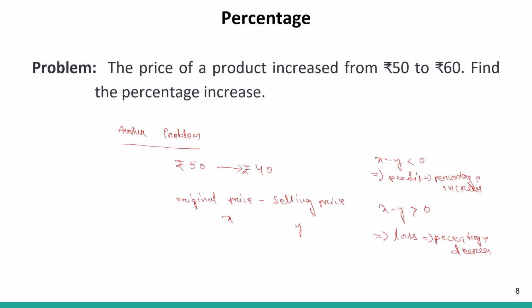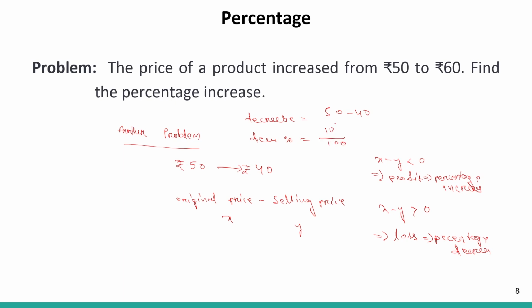You had a product that was originally priced at 50 and now it is priced at 40. So what is the change in price? You have known that it is a percentage decrease problem. So the decrease is equal to 50 minus 40, right? So decrease percentage is equal to 10 by